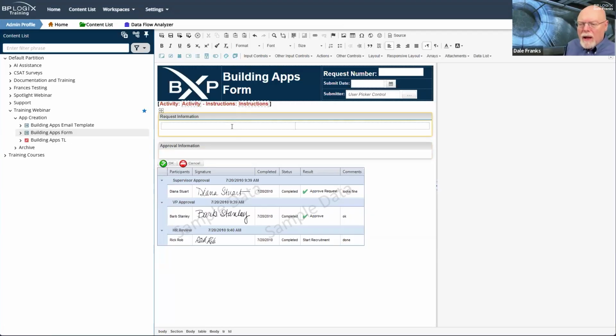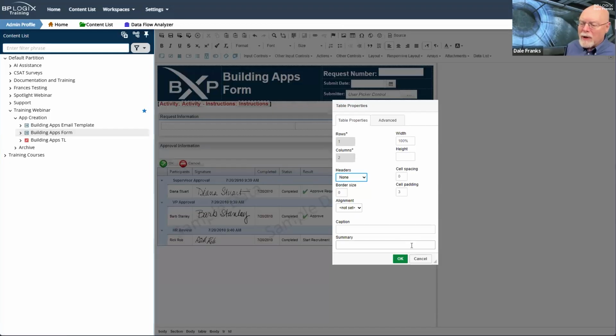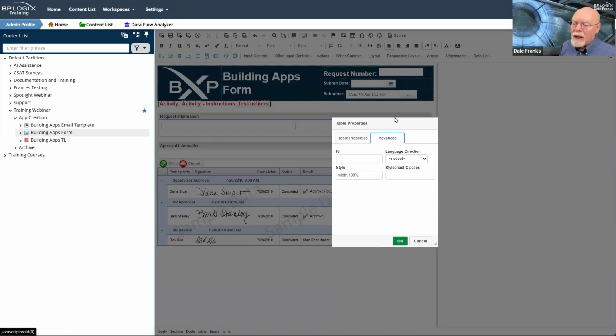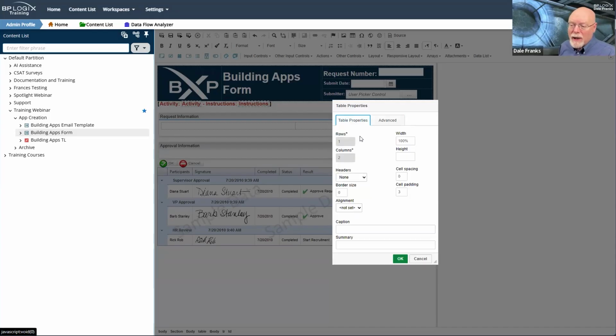And now that we have this minimal table, we should probably look at the table properties. In our table properties, we have added a couple of things here for accessibility.